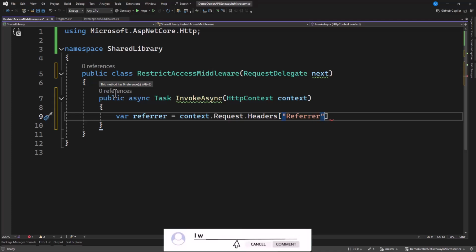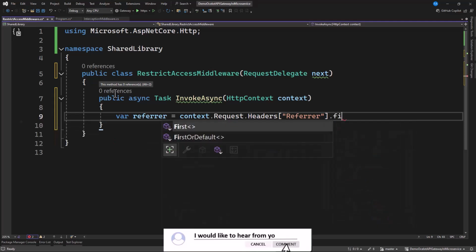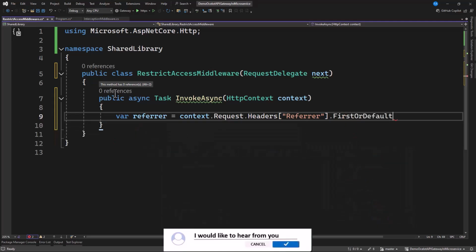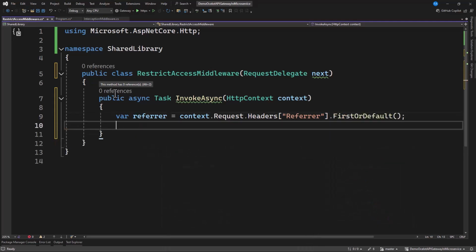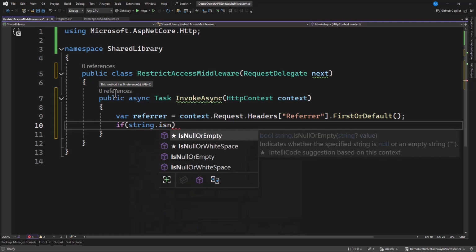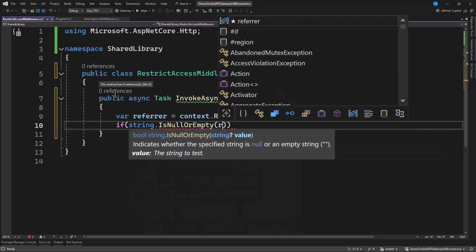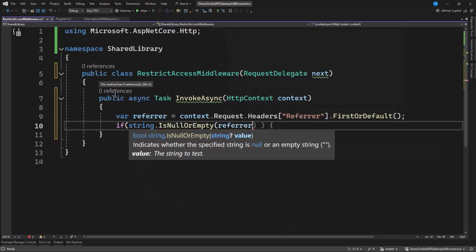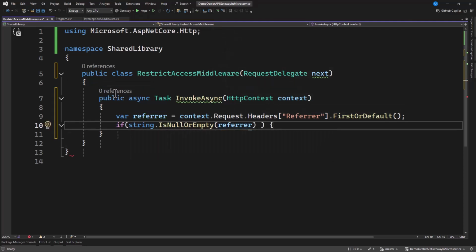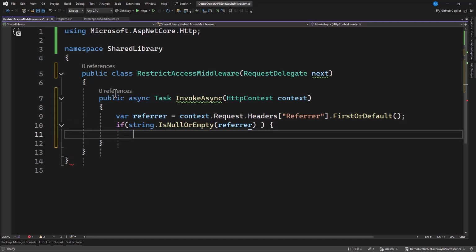So we can grab this, then we say FirstOrDefault. Then we can now make a check. If string.IsNullOrEmpty, then we're going to check the referrer. If this is empty, it means this request is not coming from the gateway. It is an external or direct request coming from a harmful client. Then what can we do?